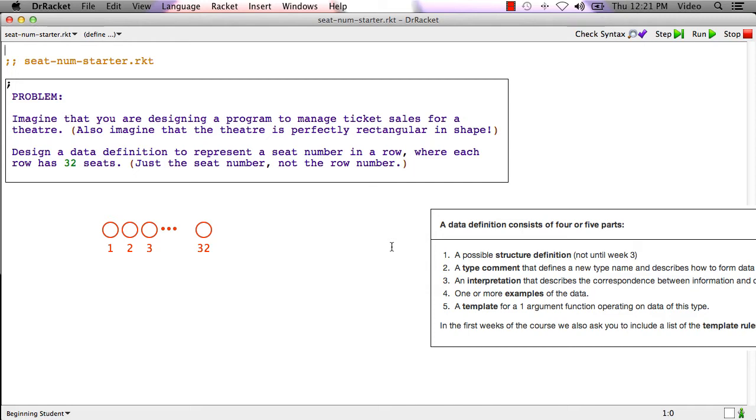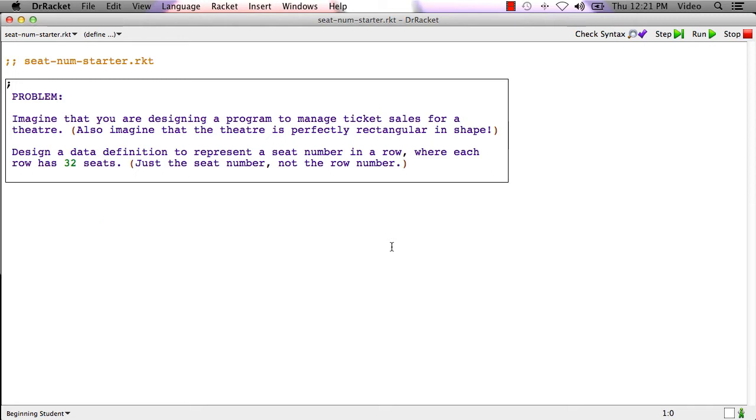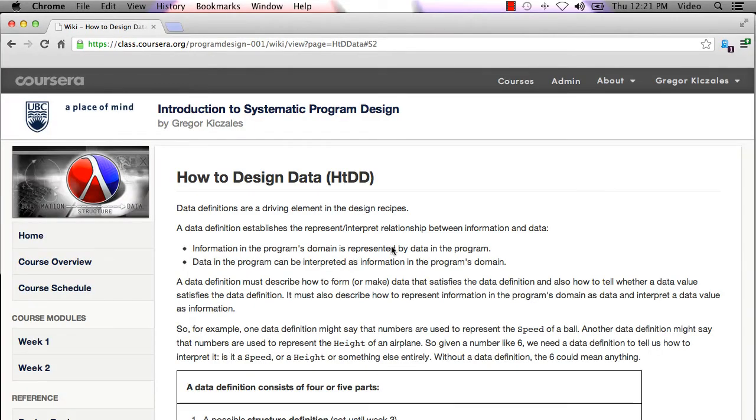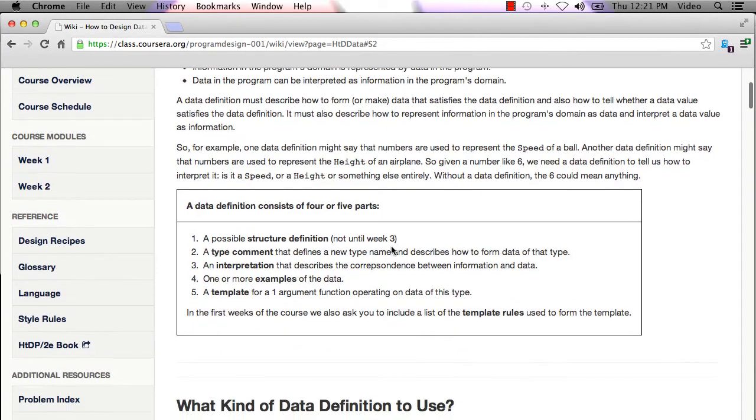So the question is, that's the information. The information is numbers from 1 to 32 that are going to be seat numbers. How are we going to represent that? Well, if we go over to the How to Design Data webpage, and again, this is a webpage that you should read ahead of time. I'm going to be using it kind of in a mode where I already know how to use it. But I'm going to scroll down